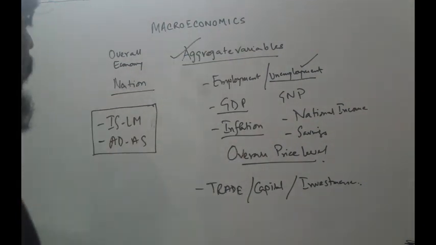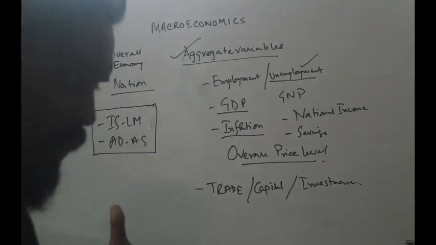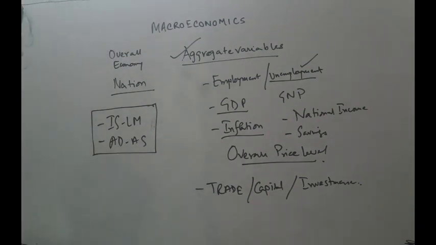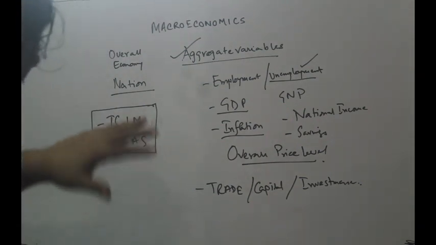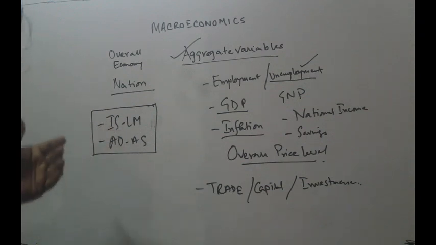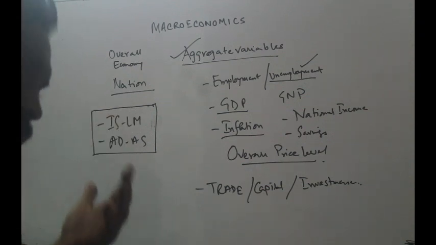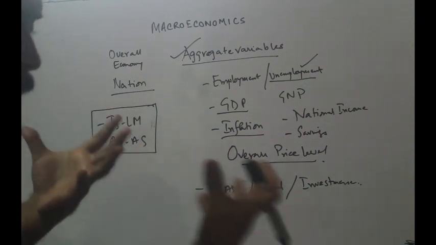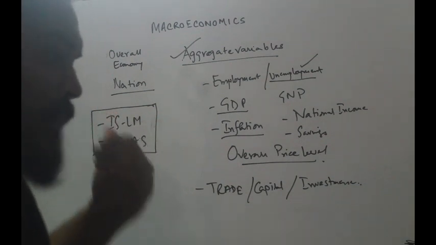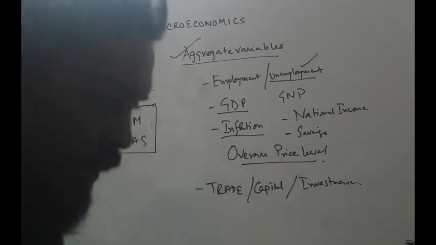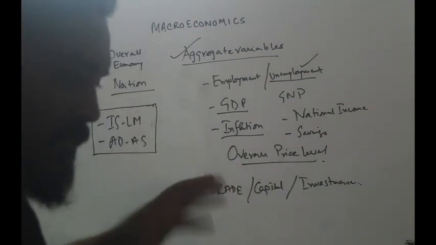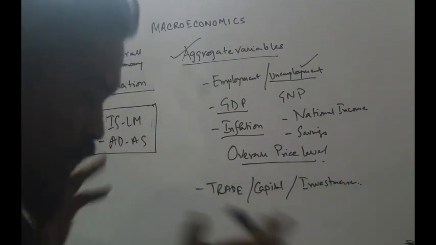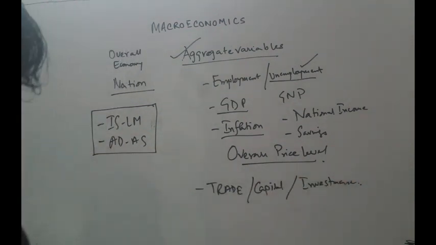aggregate variables, not individual, a single market, because in microeconomics we will talk about a single market. That is how the supply and demand will interact in individual markets. Goods and services will be there, and how it is affecting. Then we talked about price, income, substitution and how it is affecting the supply and demand, the shifts. We will talk about those things, but in macro we are talking about all these things.